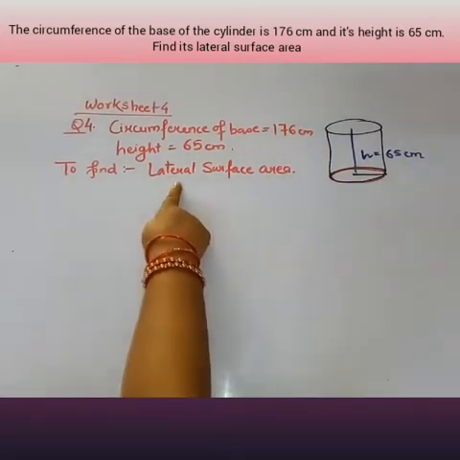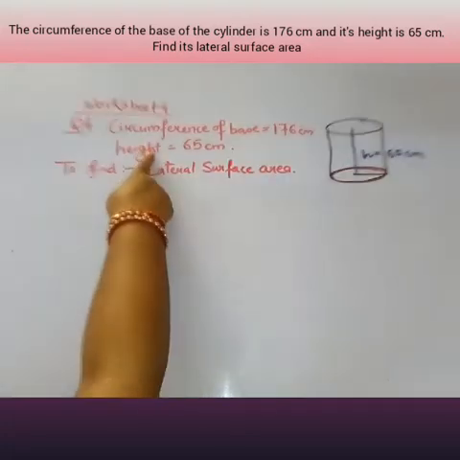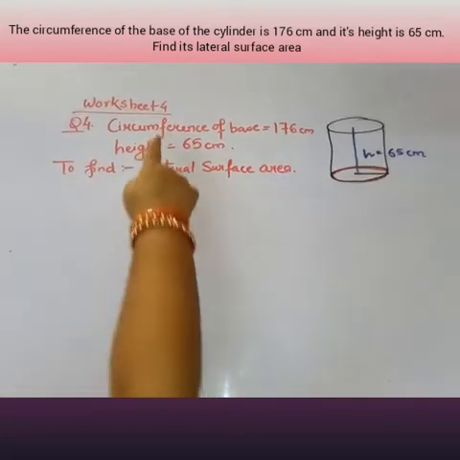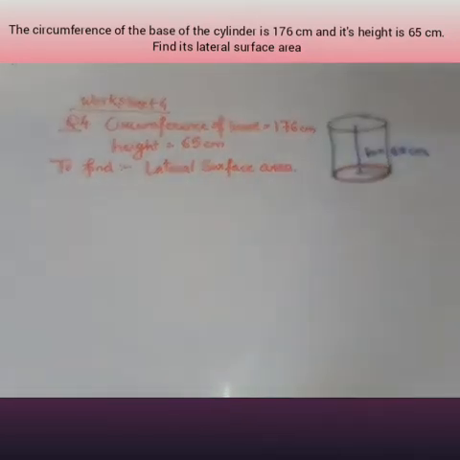Now we have to find the lateral surface area, means we have to find the curved surface area, and the formula for the curved surface area is 2 pi RH. That means we want R and H, the value of radius and the value of height, but right now we have the value of height only. So I'm going to use the circumference of the base. Let's see. So I can write here,